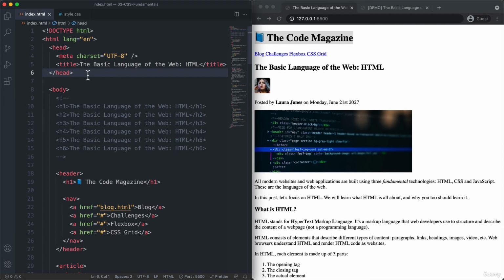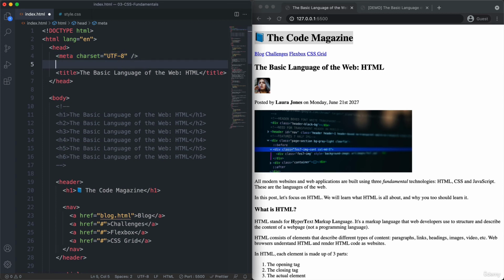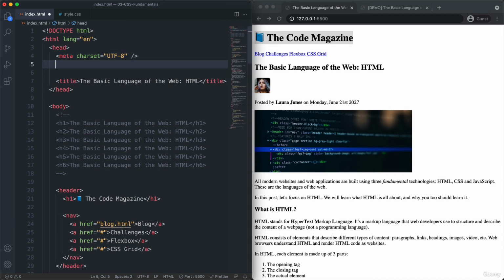So what we need to do is to tell our HTML file that there is a CSS file that we want to use to style the HTML. So we need to link them together, basically. And we do that once again here in the HTML head, because that is exactly where all the information about the page goes. And for that, we use the link element. So that's yet another new element. And the link element is actually quite confusing for beginners,